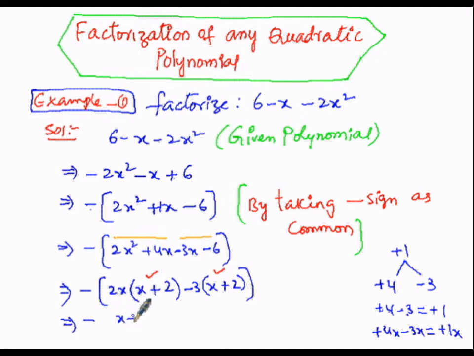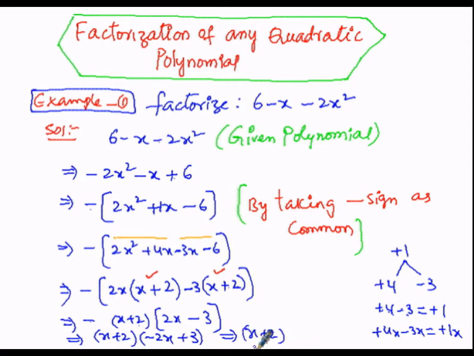when x plus 2 is taken out as common, then only 2x is left over in the first term, then now minus, when x plus 2 is taken out as common, just minus 3 is left over within the bracket. Therefore, minus of x plus 2 into 2x minus 3 are the factors. In other words, x plus 2 must be written as it is. When we insert this minus sign within this bracket, minus of 2x becomes minus 2x, then minus of minus will become plus 3, or this can also be written as x plus 2,